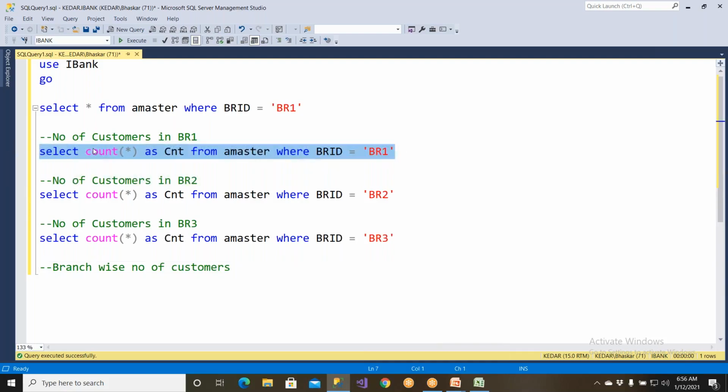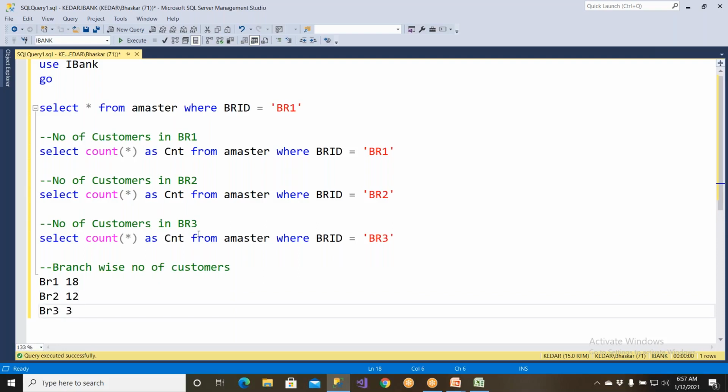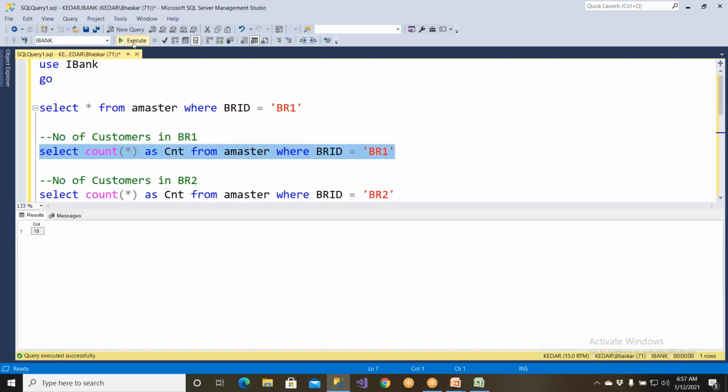That means they don't need individual queries, because where clause is going to eliminate the data and perform aggregations on it, right? So they need branch wise number of customers. That means they need it like this: branch BR1 18 guys, branch BR2 12 guys, branch BR3 3 guys. Like that, they need all the data to be written like this. But here we are going to get only an individual